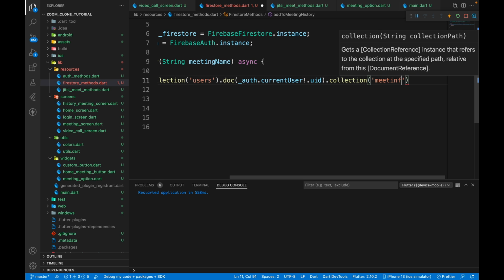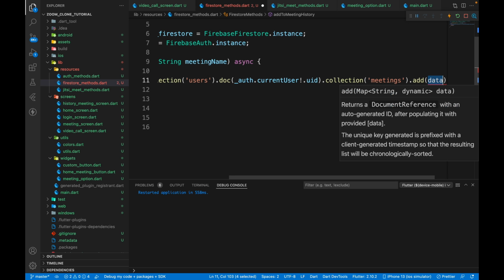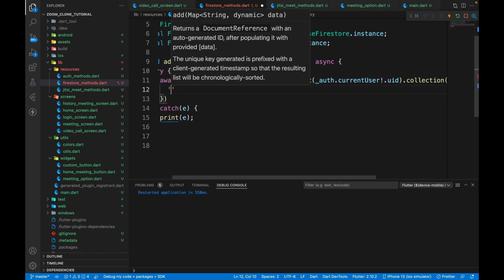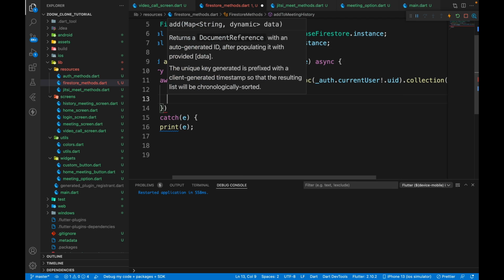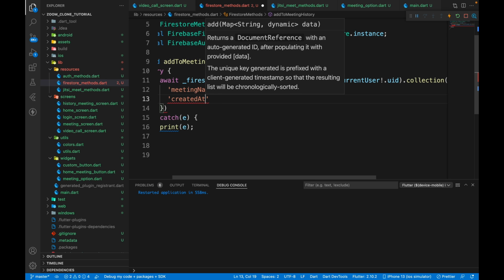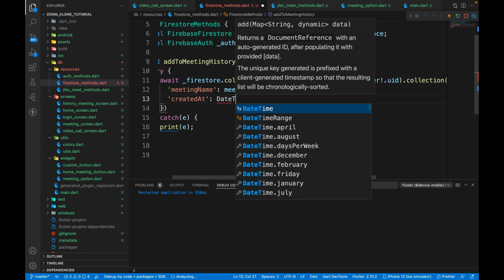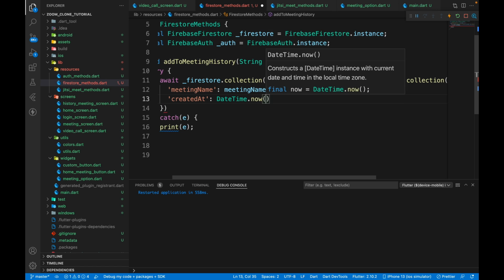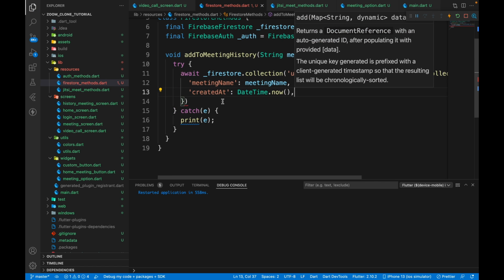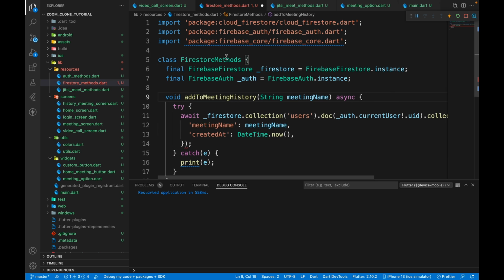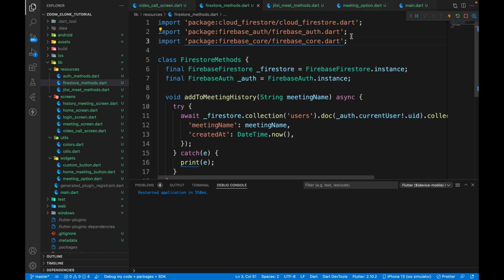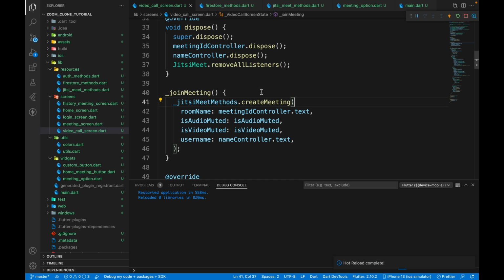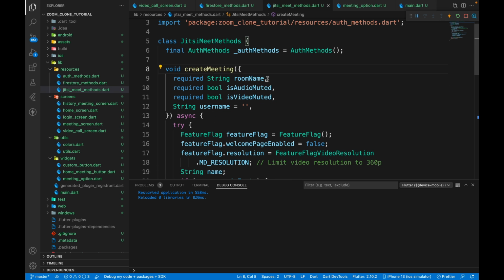So we'll have meetings, and then we will have add functionality. Now in the add, what do we want? Well, first of all, the meeting name, which will be meetingName, and finally a createdAt property, which will be DateTime.now. Right now, let's see if we're getting any error here. No, we are not. Awesome. Let's remove this Firebase core package that is not needed, and in the video call screen we'll go to the